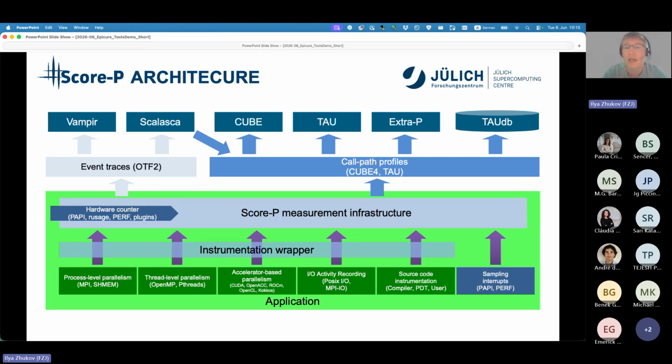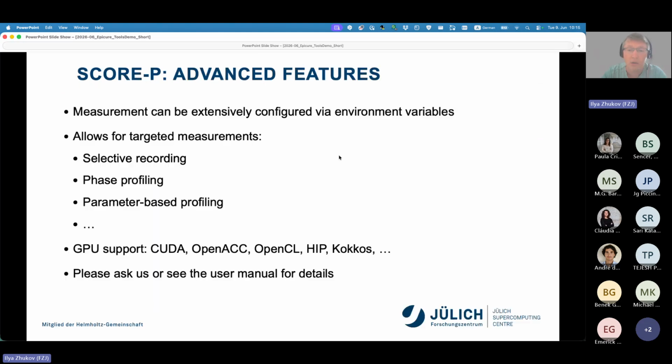Then you would like to instrument your application or enable sampling. You can enable sampling, or you can use an instrumentation wrapper to enable the Score-P measurement infrastructure. There are different ways to do this, but basically after instrumentation, you run your application, and then at the end there are two ways you can get data. First, you get a profile in the Cube4 format,